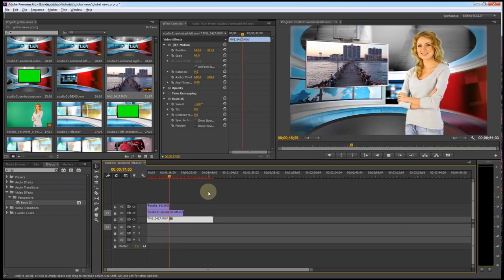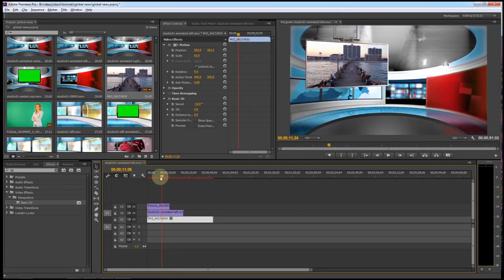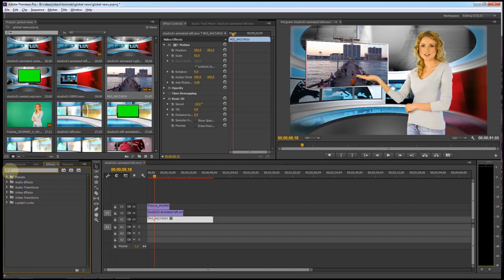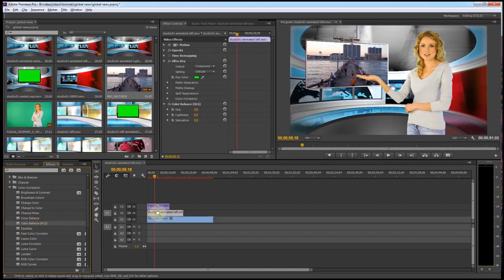If you want to adjust some of the colors in the background, you can use the color editing options in your video editor. So for video effects in Premiere, we can go to color correction. We can adjust the brightness and contrast and that kind of thing. We can also change the hue levels and saturation, which is just this HLS effect. And if I click that and drag it onto the studio layer, then that'll give us some options to maybe